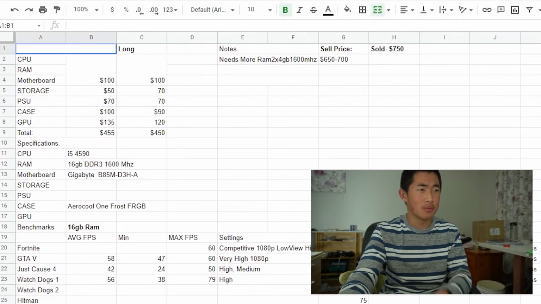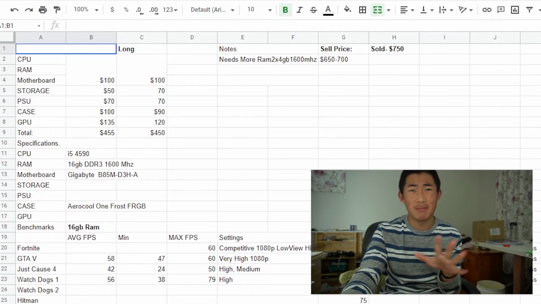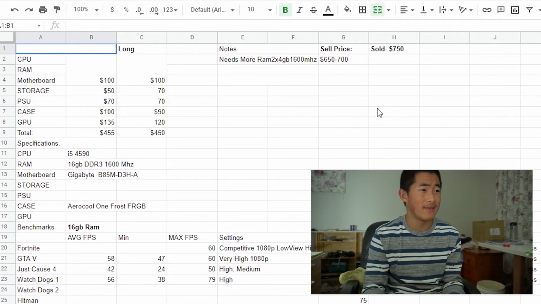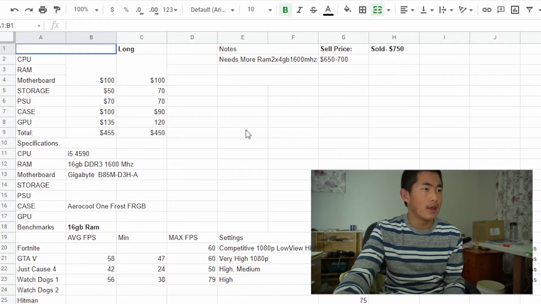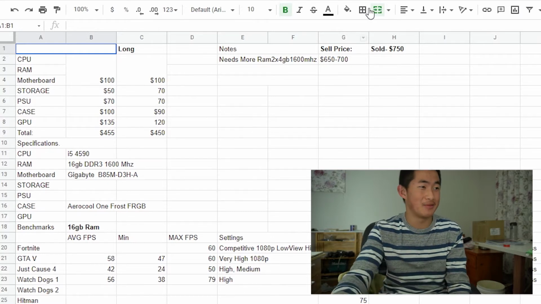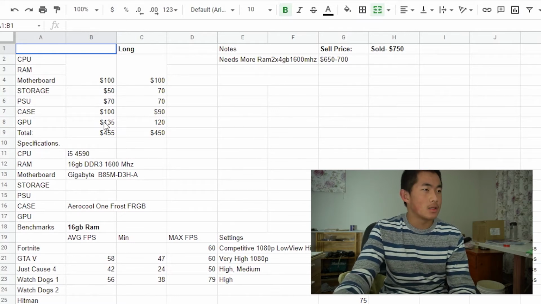And then this is the computer I sold before. These computers generally have i5 4590s. They're mainly i5s. I haven't sold anything that didn't have an i5. The work computer I sold had an i5 3rd gen in it, which was actually my personal 3rd gen I used a couple years ago. It was my personal gaming setup. So this one I sold for $750, and it cost me